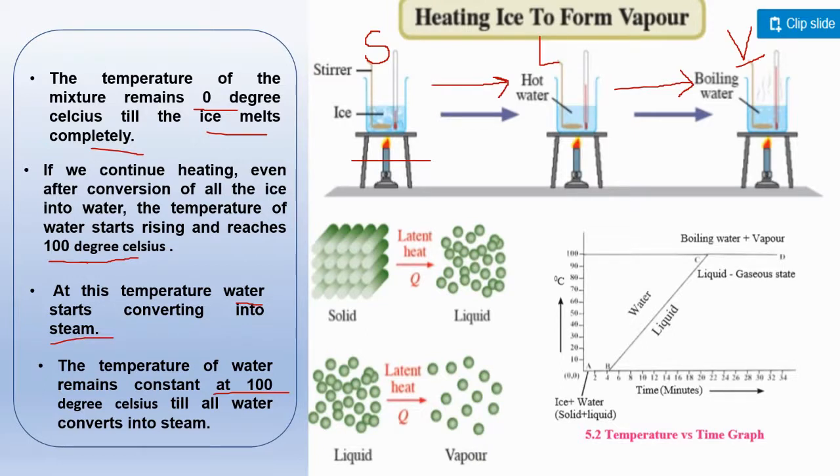Also on the screen we can see the temperature versus time graph. We will understand about this in the next slide. Let us first understand the conversion of solid phase to liquid phase. Here we will break this experiment into two parts: the first is conversion of solid to liquid phase, and the second is conversion of liquid phase to vapor phase. Step by step we will understand how the change of state of matter goes.